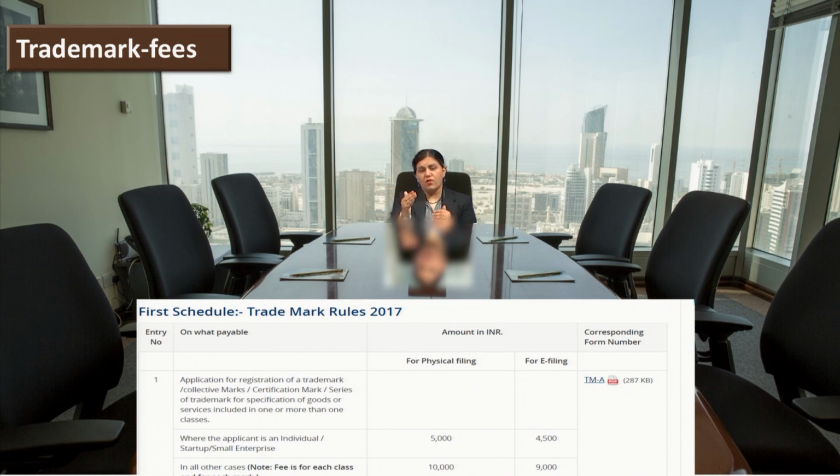Earlier there were so many forms and it was really confusing, especially for a novice who is not aware of trademarks. Now, with the amendments the Trademark Act office in India has made, there are only 8 forms, and it is very easy to file a trademark. It is a much more simplified procedure.